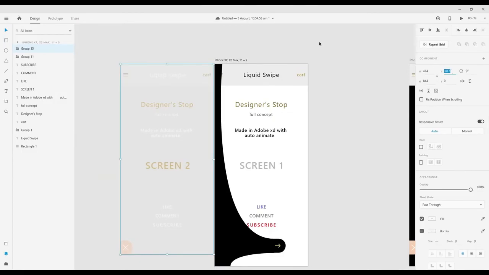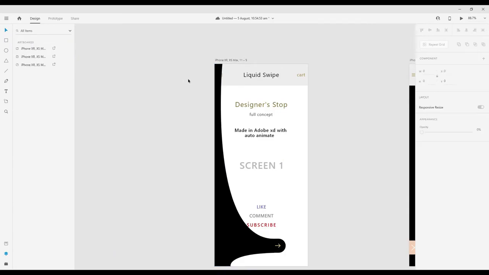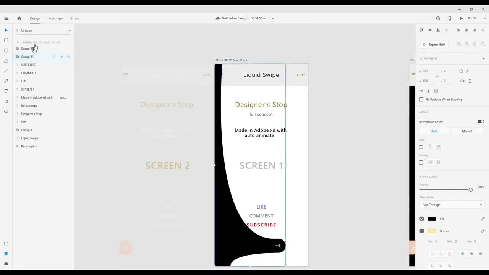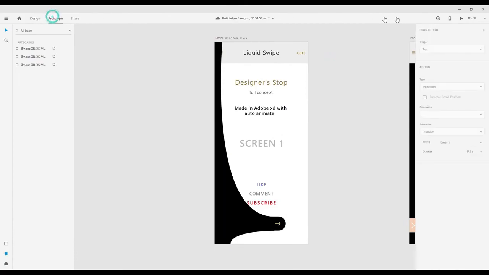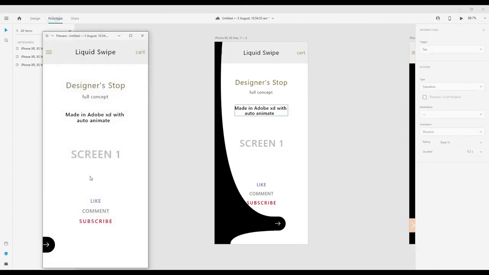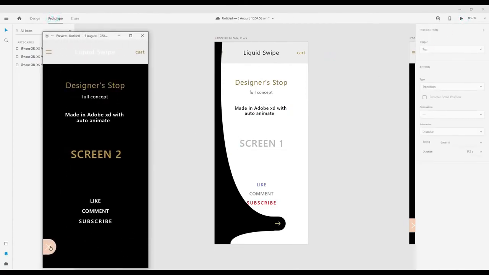So even if I keep this outside the artboard but group it inside the artboard, that means it is outside the artboard but it is in the iPhone XR, so it is in this group. So even if I put it outside, then also the prototype will be similar. It hardly makes any difference.